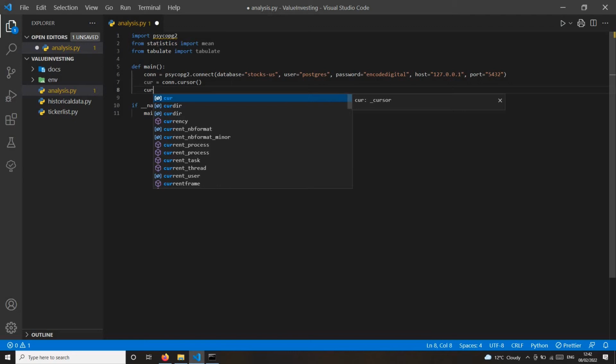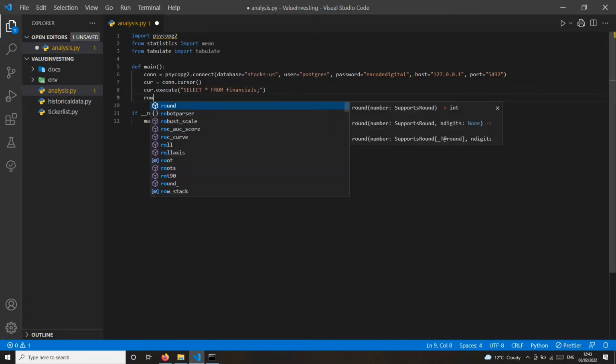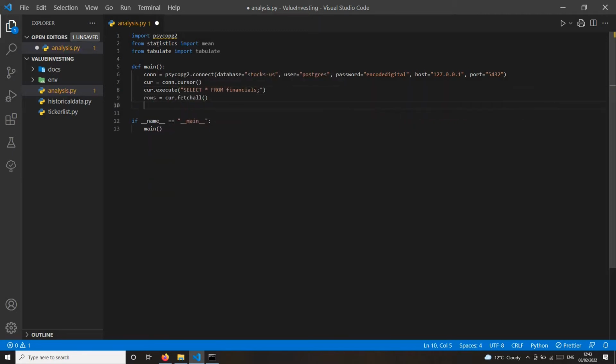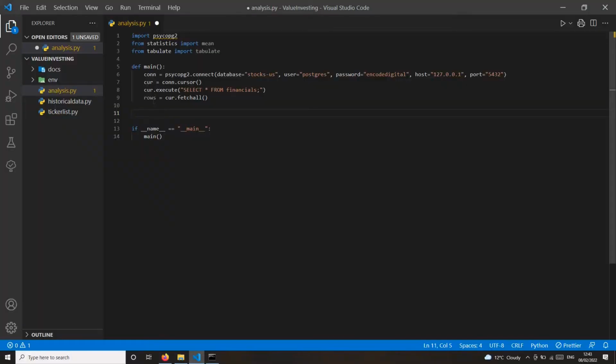Okay, now we will get all the data from our financials database. Okay, now we have got all the data in our rows. So all these rows of the financials database are now in rows, and we're going to iterate over them. So for row in rows,